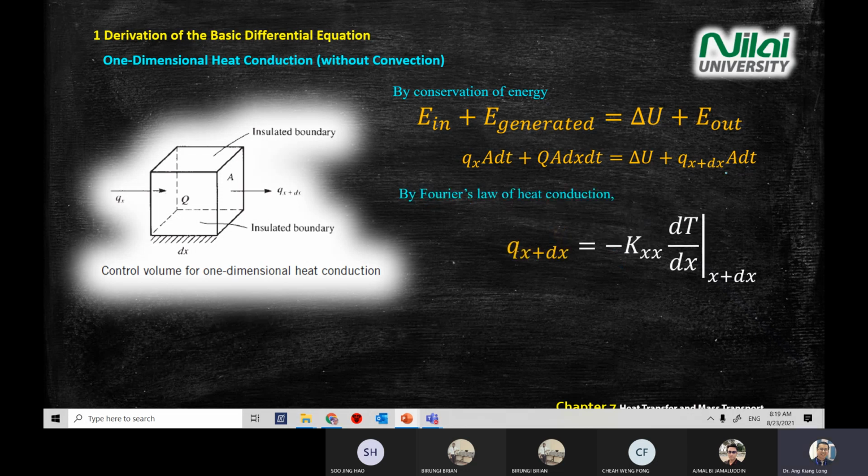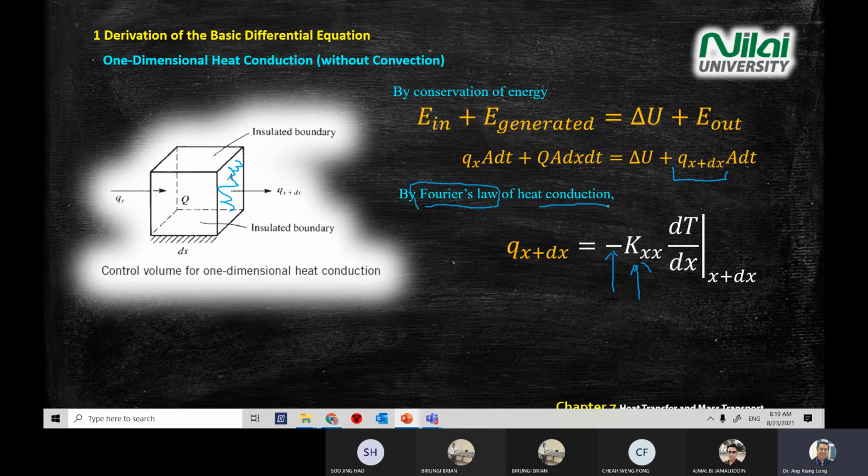This is another equation that happened on the right hand side area. To calculate the Q sub x plus dx, the heat flux that comes out from the control volume on the right hand side, given you again negative Kxx. However, we look at the boundary condition at the right hand side, x plus dx. We are still at Fourier Law